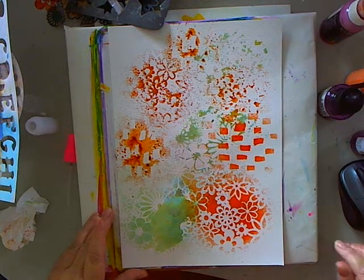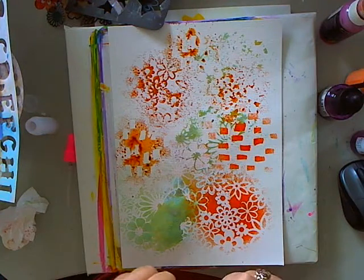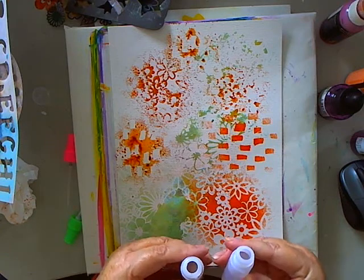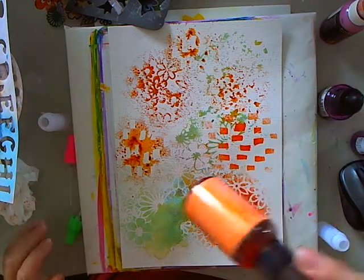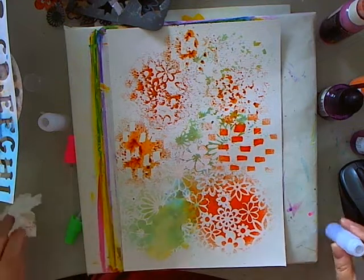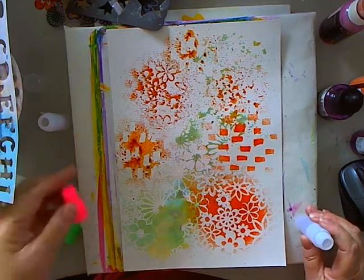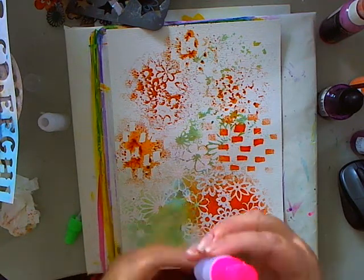So the first spray I want to show you is, actually, I want to show you a spray bottle. I actually bought some of the spray bottles like these, and found that they blocked up really easily. But recently, my husband, who loves sweets, came home with these little bottles, and what they are is the spray liquid